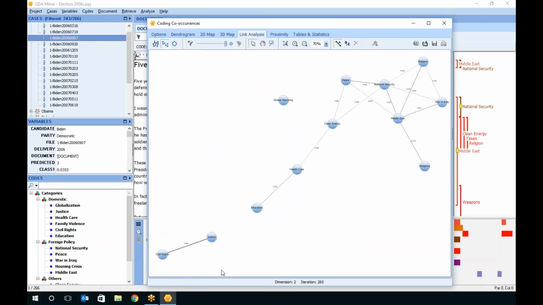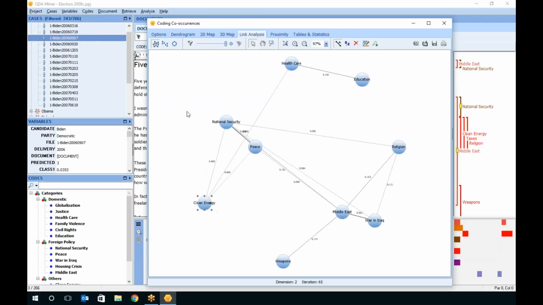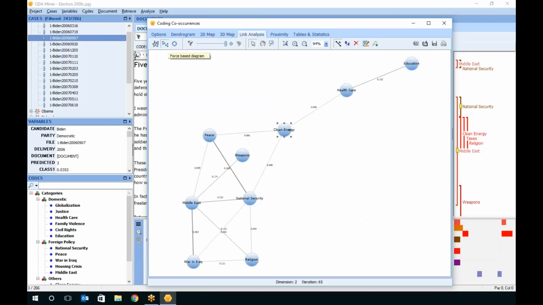force-based graph, and this is fully customizable, so I can delete some items and move them, and the force-based graph will try to represent those by trying to prevent overlaps between lines. So it's a visual display that will be more appealing, and I can move some items like that and change the color of a single item. And I can also focus on a single item and ask the software to show me